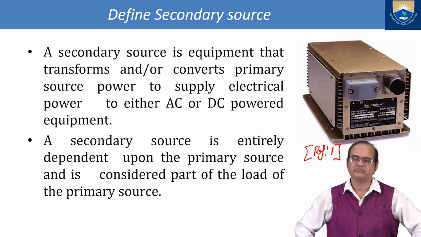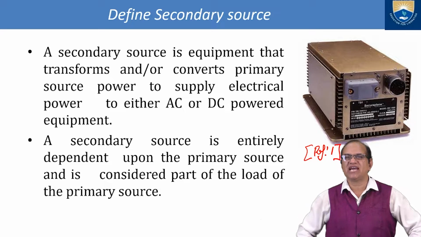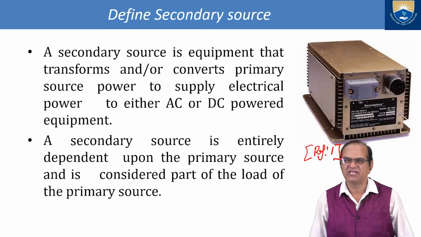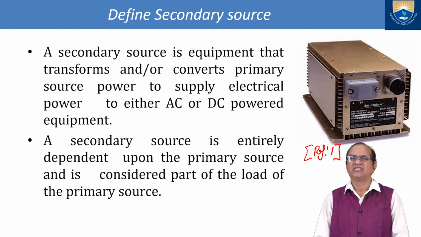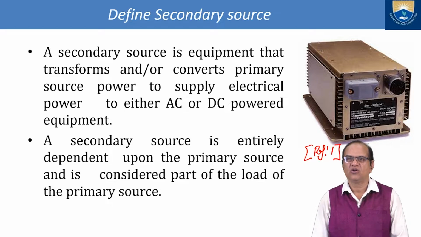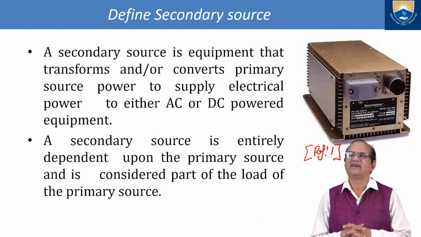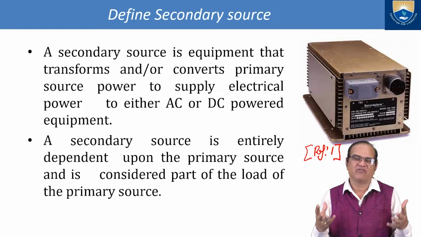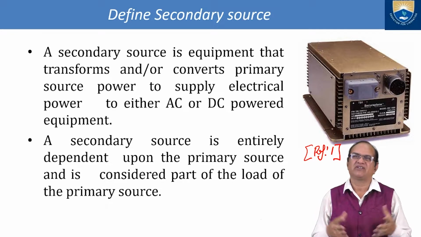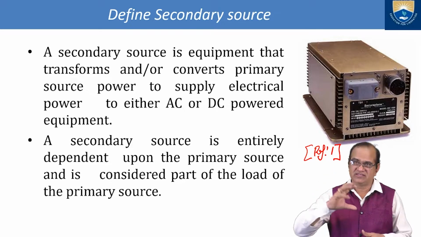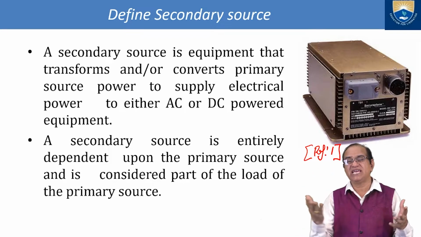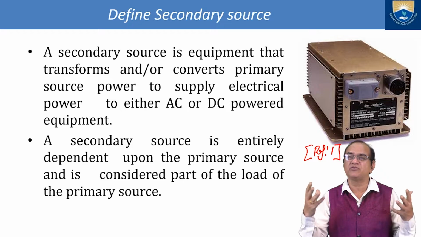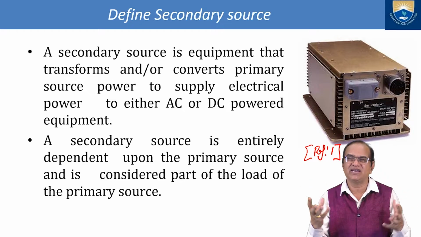and they will give it to the other necessary equipment. A secondary source is entirely dependent on the primary source and is considered part of the load of the primary source. So they will take the power from the primary source. This primary source may be from the AC generator or the DC generator, and they will convert it as per the requirement, and these AC and DC generators are producing the power as per the given